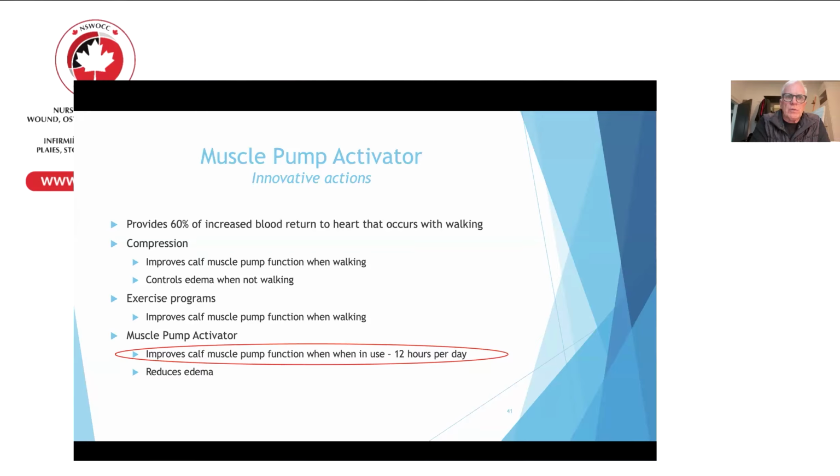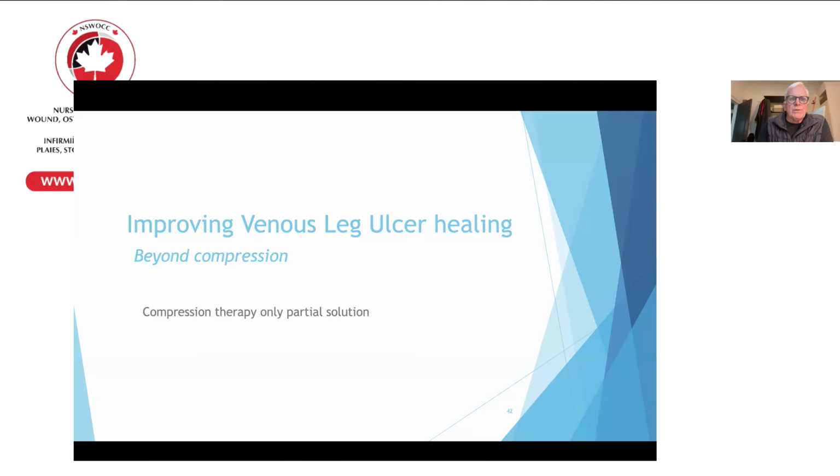Exercise programs also basically work for when you're walking, but when you stop walking, your pressure returns to that baseline. And when you think of the muscle pump activator, not only is it giving you this continued improvement in calf muscle pump function, there's good evidence that it also helps to reduce edema. So what all of this is really telling us is that, if we think back, compression has been around since